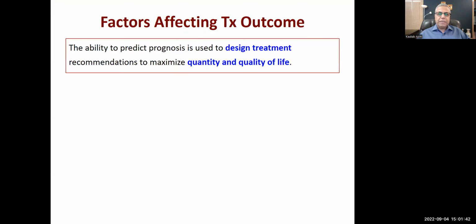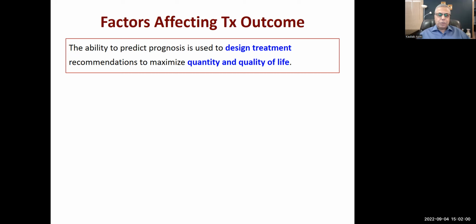So treatment of breast cancer. Let's review the factors that affect the treatment outcomes. Okay, the ability to predict the prognosis is used to design treatment. So I mentioned a lot of factors that affect the treatment, and I'm going to repeat them once again in